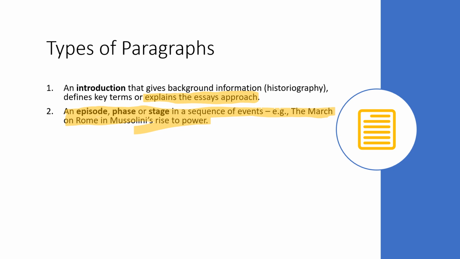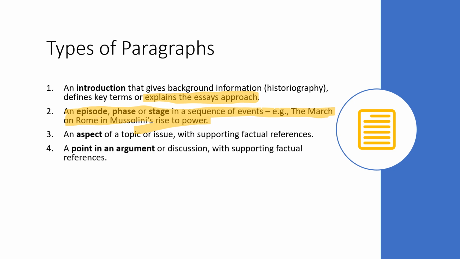Thirdly, we can also write a paragraph on an aspect of a topic or issue with supporting factual references, and this is where it gets a bit ropey for me, or it gets a little bit difficult to actually define what our paragraphs are. So I wouldn't really recommend studying and focusing on trying to do that. Number 4, we could also write a point in an argument or discussion with supporting factual references. Once again, I think that's bordering the line of opinion rather than actually discussing or analyzing historical events. So I try to stay away from that, or I try not to plan for those types of